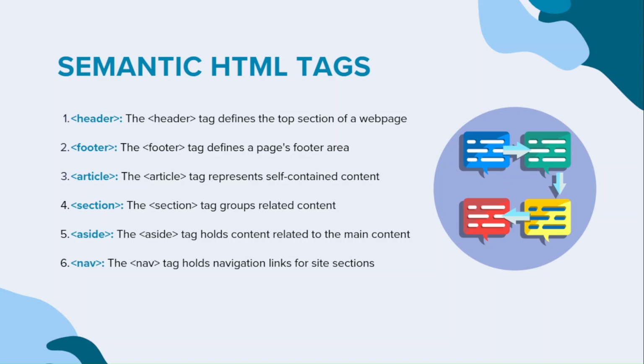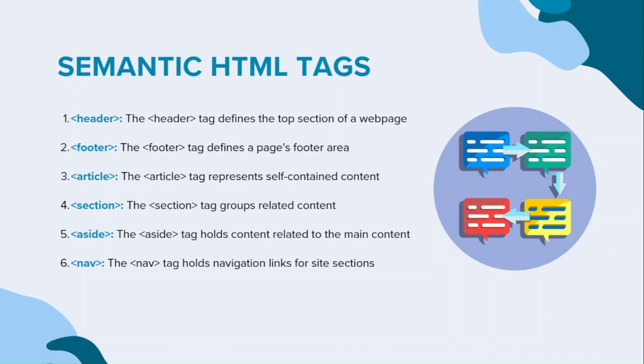We need to take a step further by making it more accessible and SEO friendly using semantic HTML. Semantic tags are meaningful HTML tags that define the structure of our web page. They help browsers and search engines understand the content of your website, improving accessibility for users with disabilities and boosting